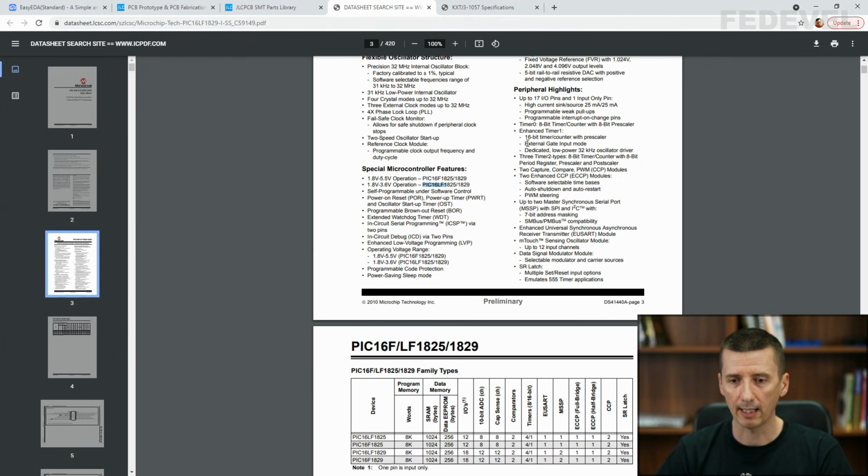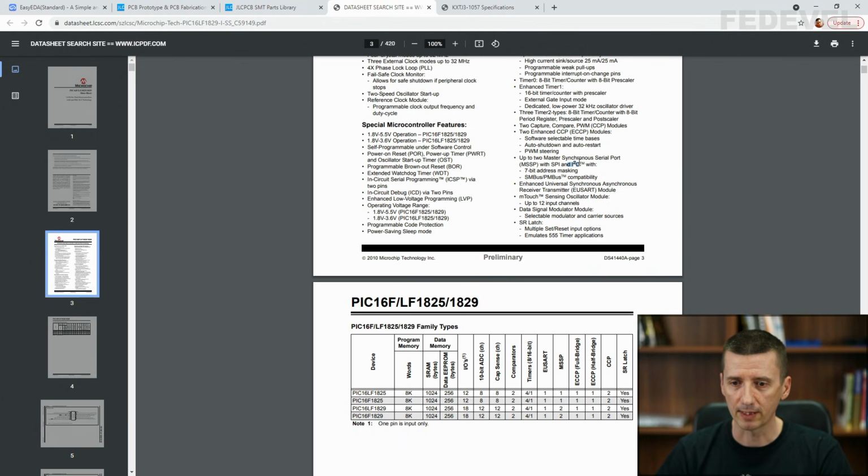And we would like to have at least 3 PWM outputs for the LEDs to regulate the intensity. There are 2 CCP modules, and it looks like there are also some eCCP modules with PWM support. So this should be fine.